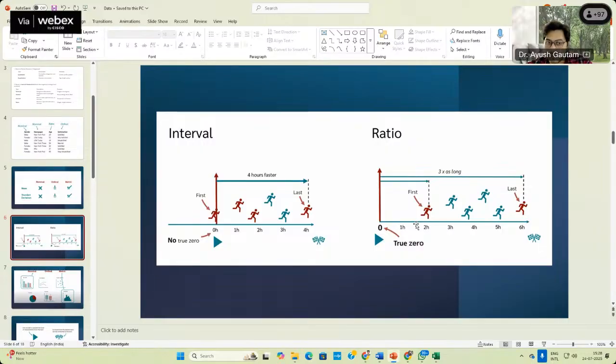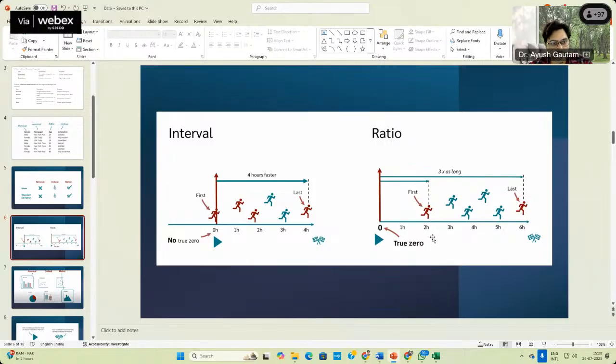Interval and ratio data, both are very important and both are readily available in the market. Suppose you are standing at a railway station, and you are not aware where the two trains that are coming are coming from. You do not know the true zero from where they started. So what will you say? The first train is now and the other train is after 4 hours. But if you really know the true zero, then you will say this train is on time and this train is late by 4 hours, right?